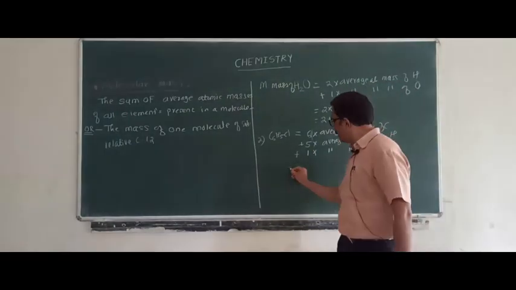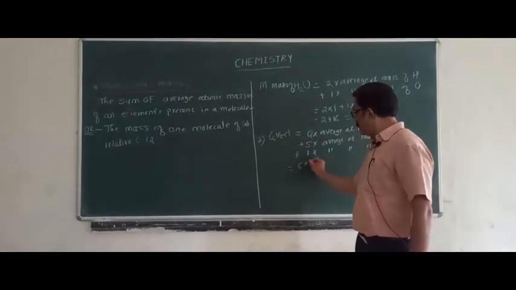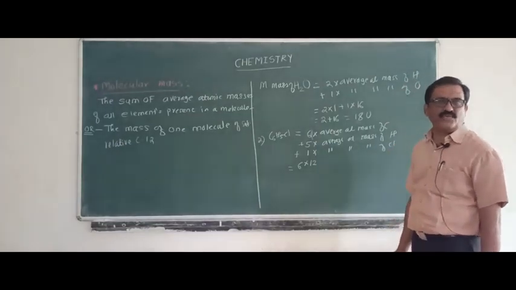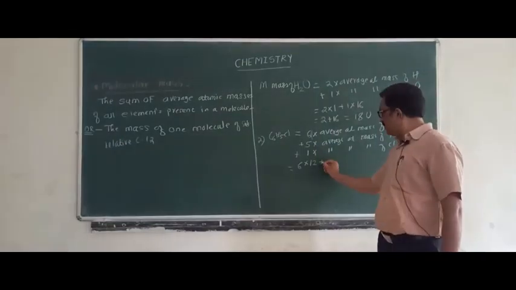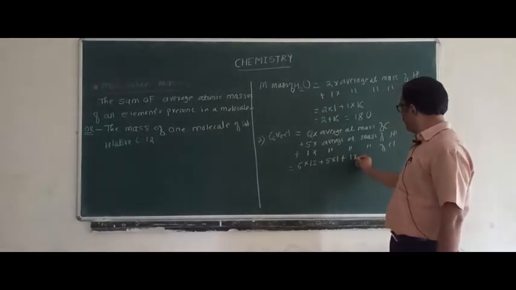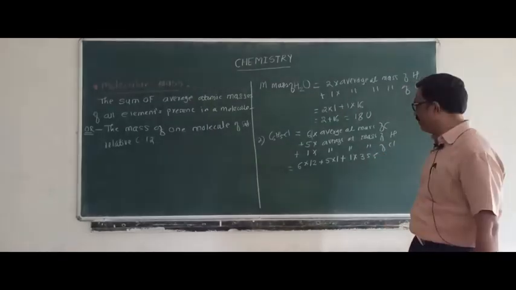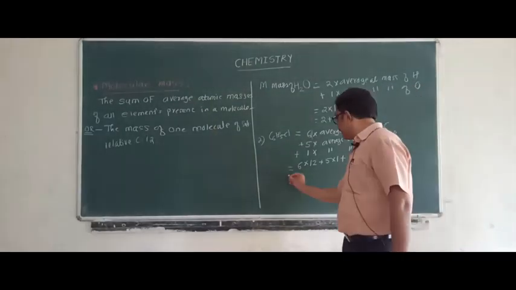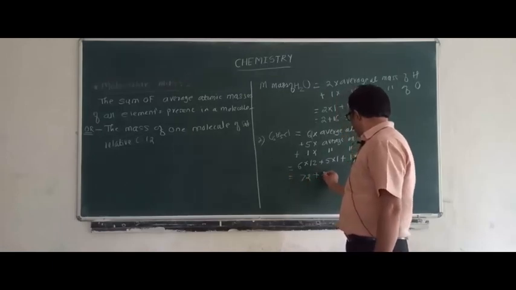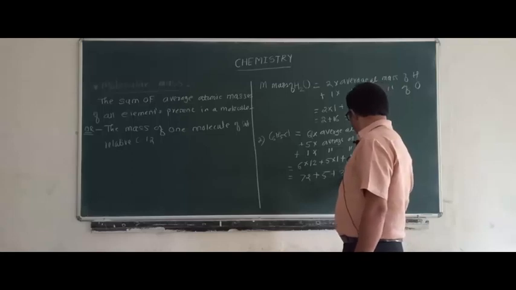Put the values in this formula: 6 into average atomic mass of carbon 12, plus 5 into 1, plus 1 into 35.5. That is 72 plus 5 plus